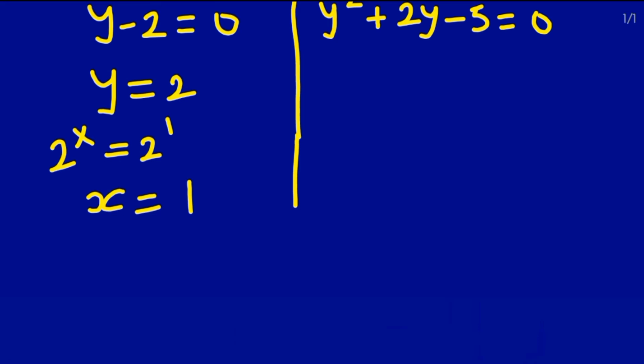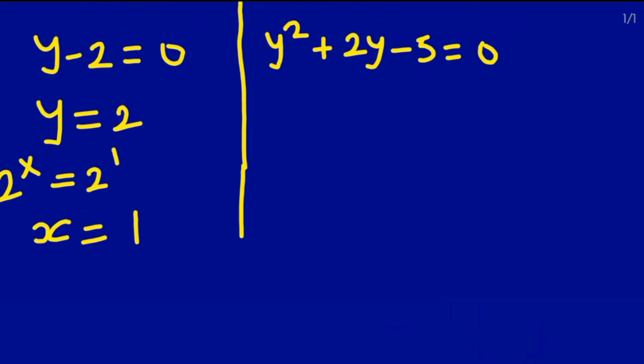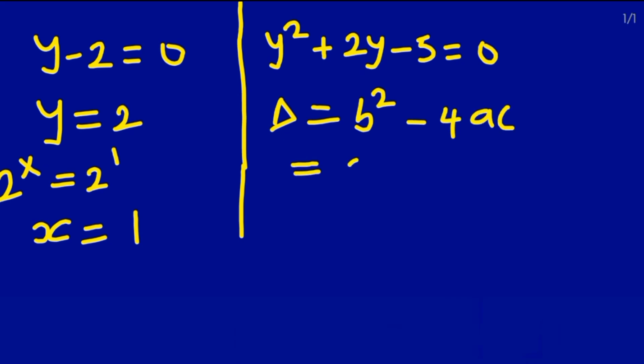Now on the other side, you have that y squared plus 2y plus 5 is equal to 0. Now you can solve this with any formula, but let's use this one and say delta is equal to b squared minus 4ac. Now this will give us 2 squared minus 4 times 1 times 5, which is equal to